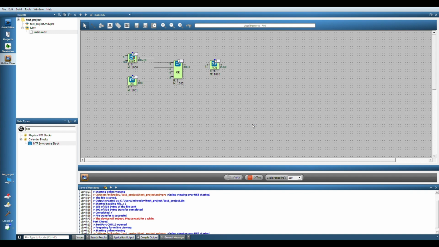As our scenario requires, relay output 0 should be active or inactive depending on the values of binary register and digital input 0. We see LEDs lit red at the corners of the blocks indicating that online monitoring is active. In the OR gate, we see